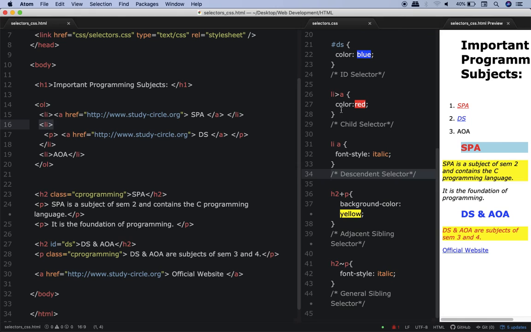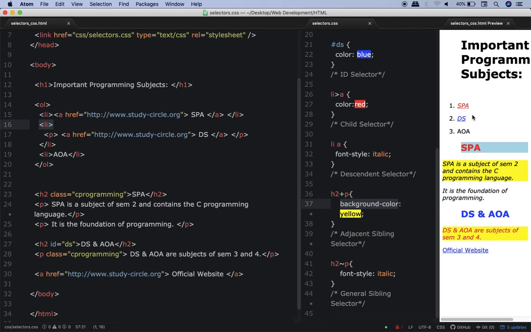So this color, this font style, then this background color, they are all called CSS properties. You don't need to learn them or remember them. As and when we go ahead in the syllabus, you will come across new CSS properties, and they are self-explanatory. So when I write font style italic, this will be italic.